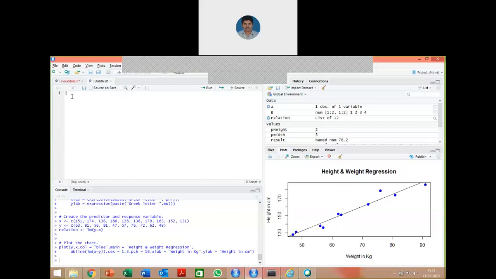Here, use a comment line by using the hash symbol: vectorized operations using R. This is my experiment title.